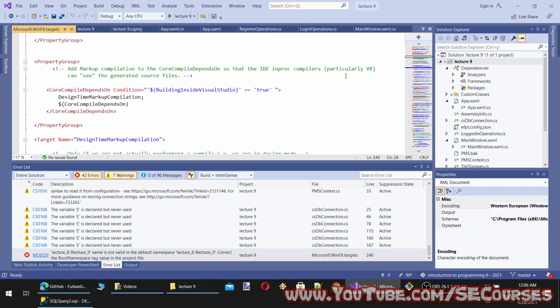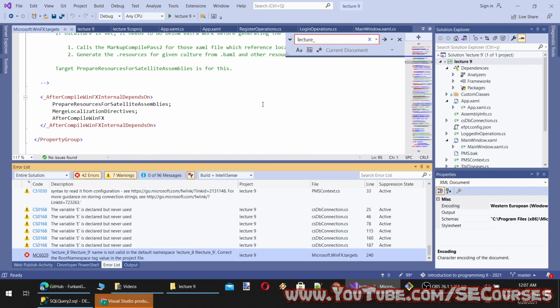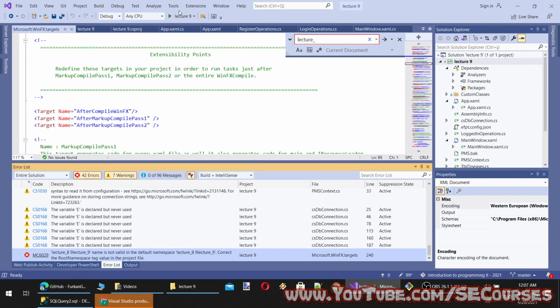There must be a reference to. No. Okay, it says that lecture 8, lecture. Oh, I see. It says line 200. Okay, so we can't see lines here.